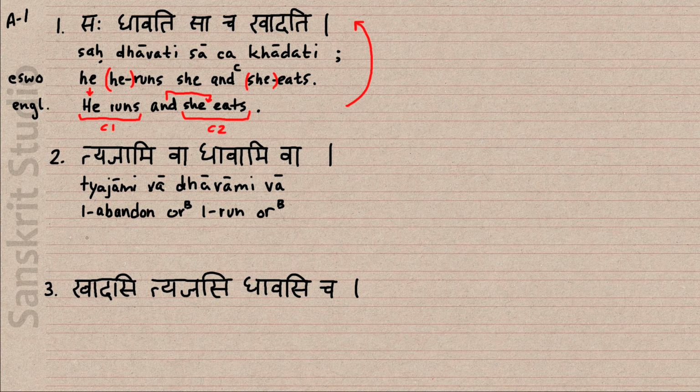Okay, and then what I do here in the English line is, first of all, I mark out that we don't have any explicit subject. I abandon, or I run, and then we put the B here also,